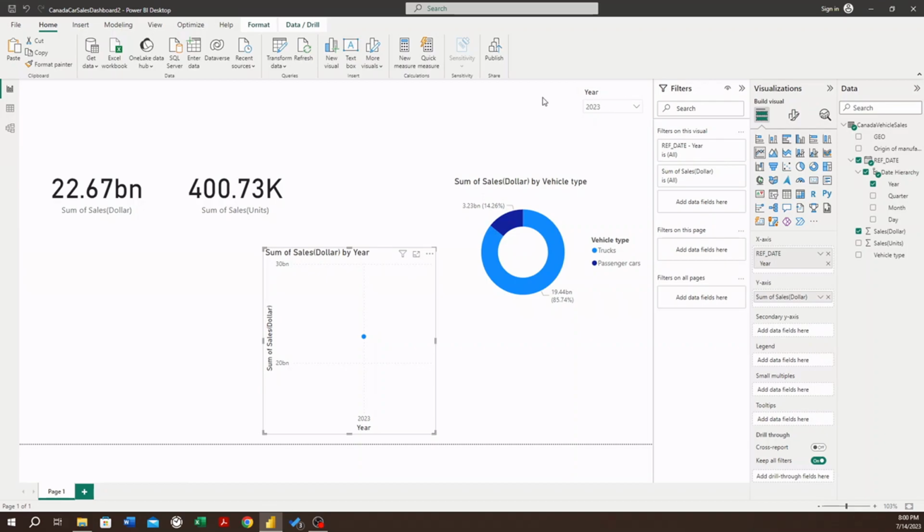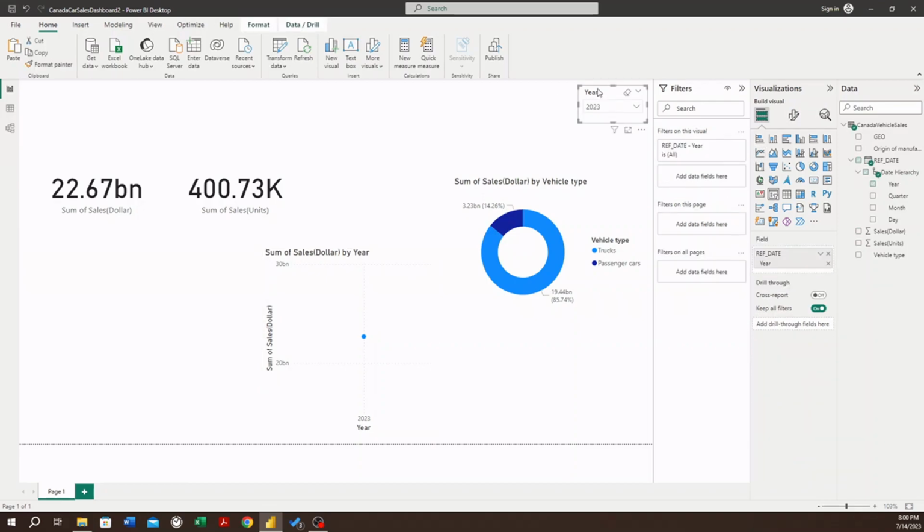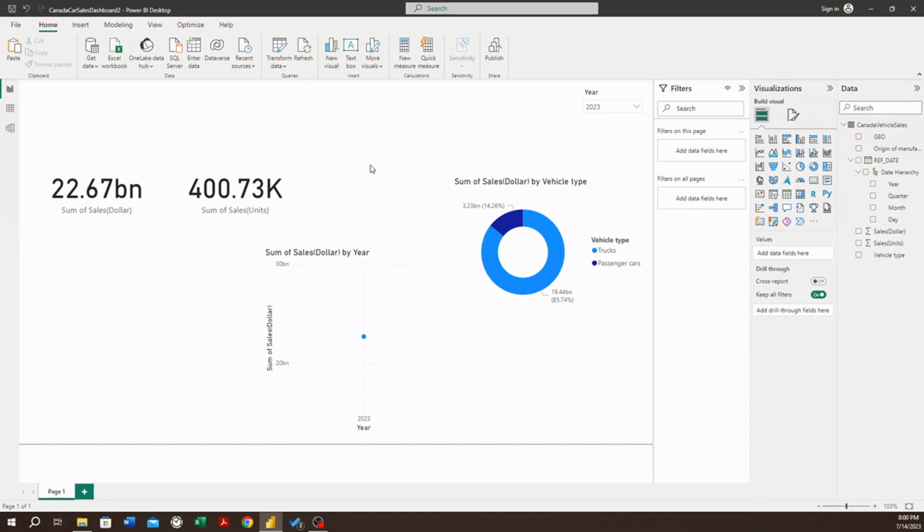So remember that if you create a slicer, that slicer will affect all the visuals inside the workspace, all the visuals that you have created. So to remove that, if you want one of the visuals to not be affected by the slicer, you have an option here in Power BI. All you got to do is just click on the slicer,